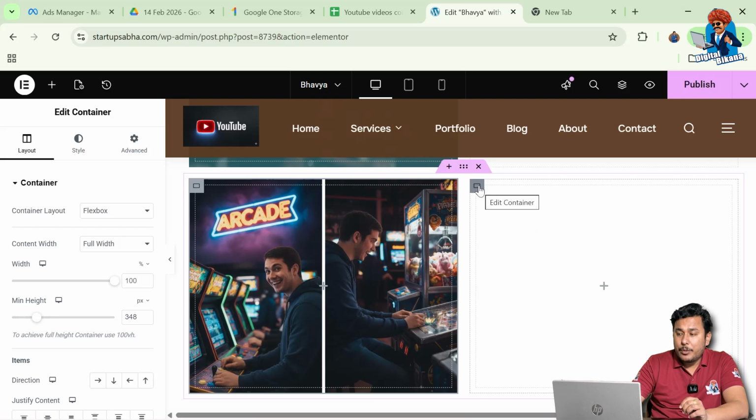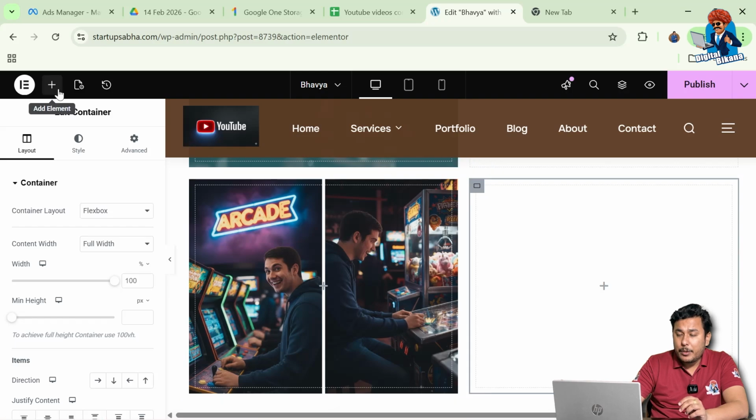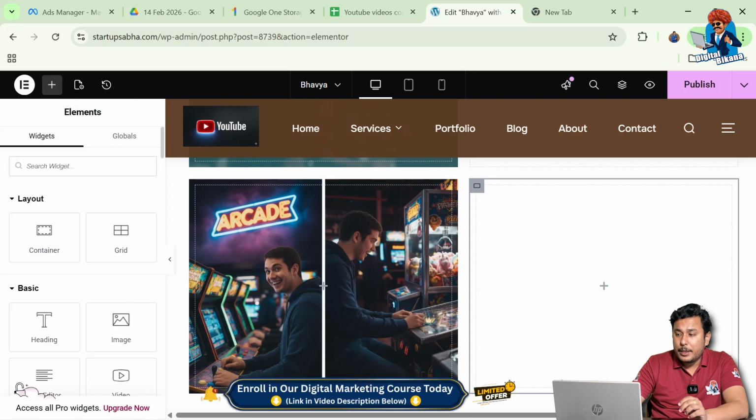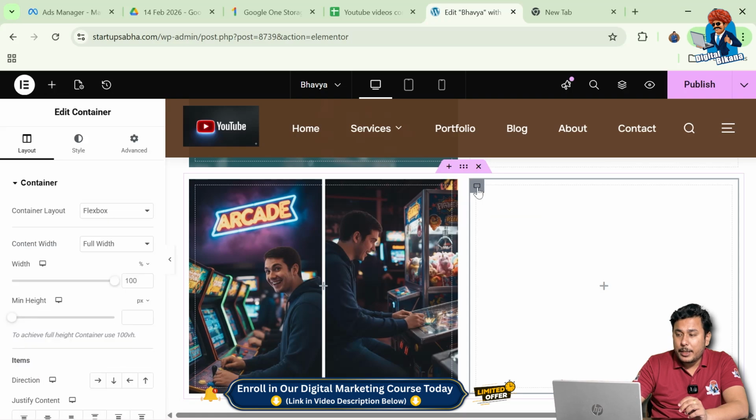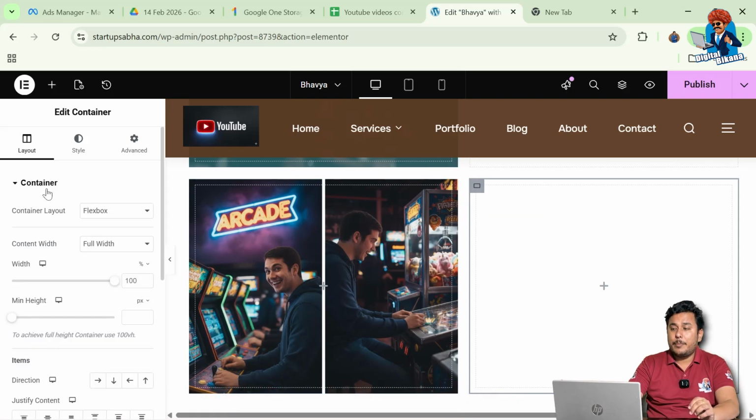Okay, now we are going to add an image in the other container in the second column, and for that again we need to click on edit container in the top left corner icon above the particular container, and again we are going to click on add element in the black header line, right? Okay, we need not add any element, we can simply click on edit container in the second column container